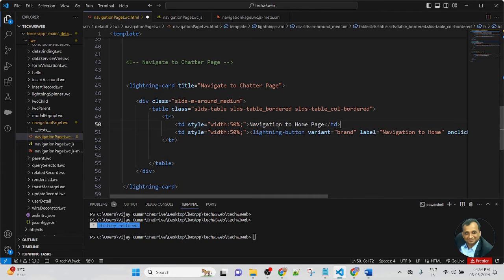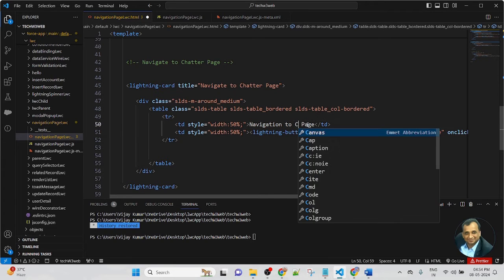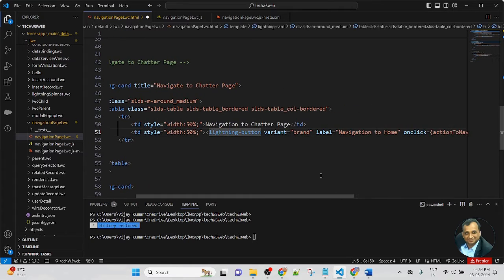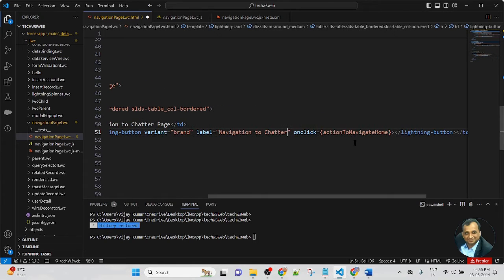In the first template I use the title section: navigate to the Chatter page. And this is a button. In the button I use variant brand, label navigate to Chatter, and I'm passing the onclick function. The function name will be changed to action to navigate Chatter. So I'm passing the function action to navigate Chatter.